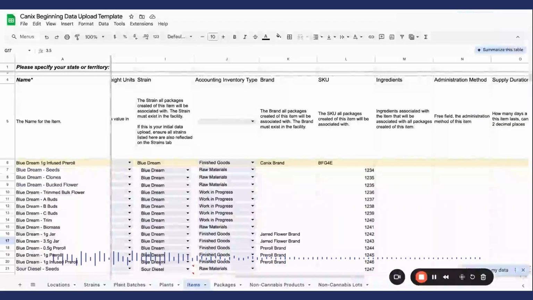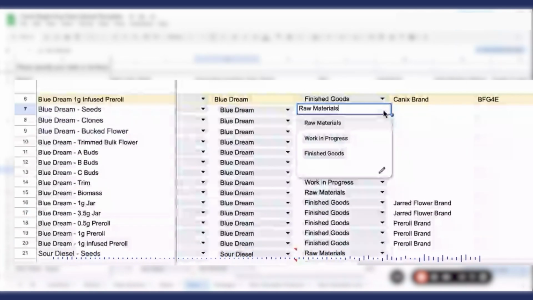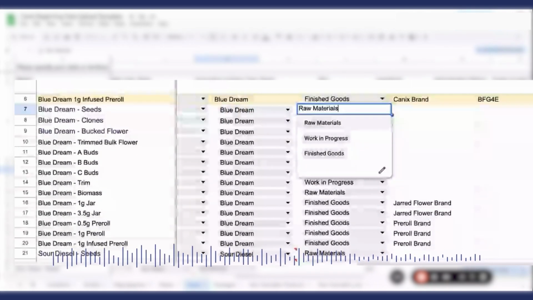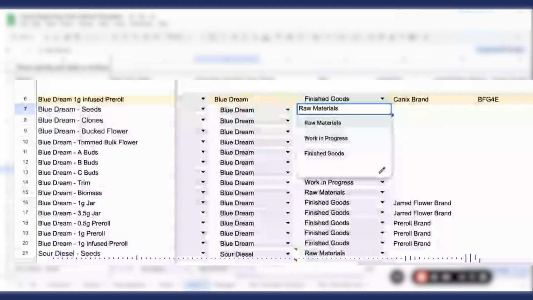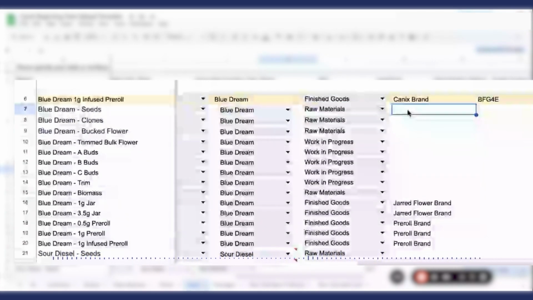Moving on to some optional fields, you can optionally enter the strain for this particular product to see all inventory that you have over a course of Blue Dream or other strains. You'll also select an accounting inventory type: raw material, work in progress, or finished good. This is often used for the accounting team to determine what the value of inventory on hand is for each of these stages, but it's also helpful in the sales process to limit the search to only finished goods products